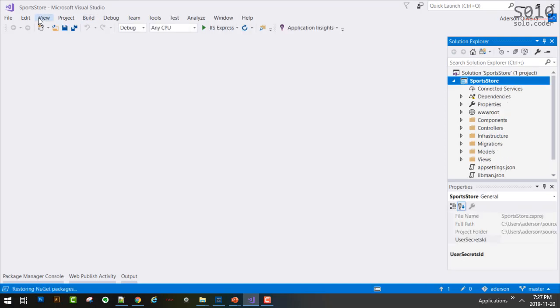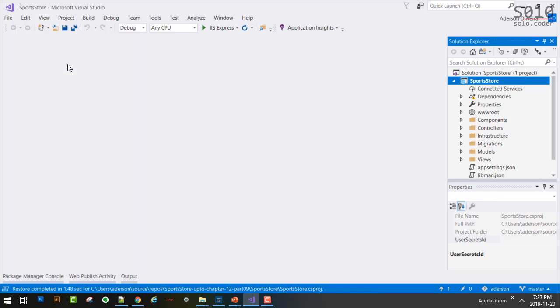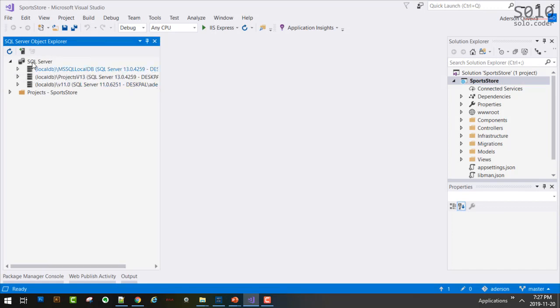So I can go to View, SQL Server Object Explorer. That's where we can see the databases. Now, by default, we only see our local databases. What do I mean by local database? Databases that are running on my station, on my laptop, on your workstation, okay?